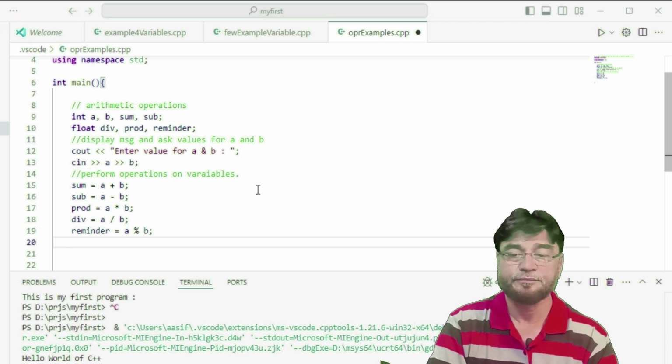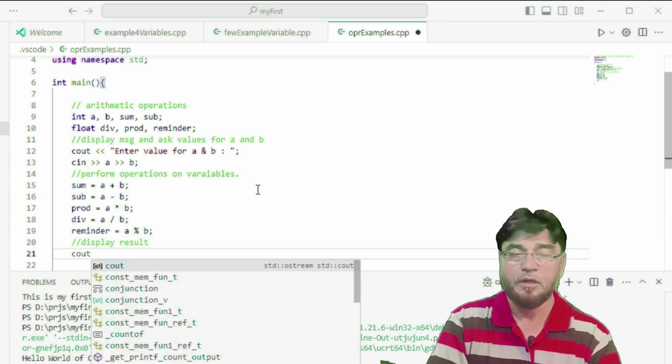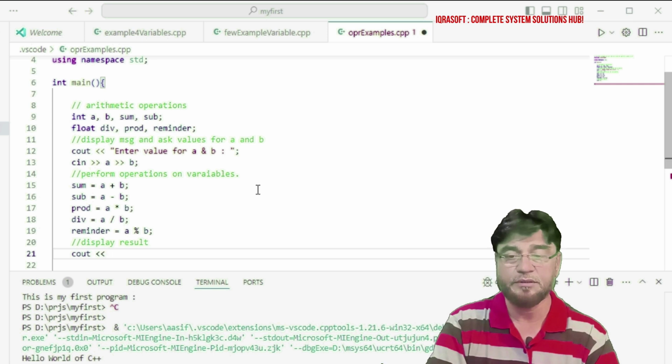Single line comment: display results. cout <<